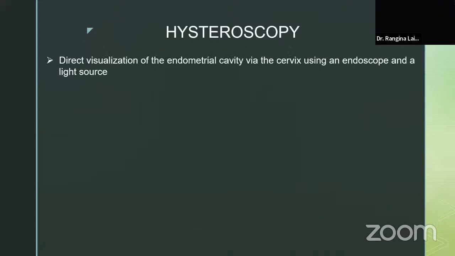We all know that when I first started hysteroscopy, I thought it was only about visualization of the uterine cavity, just to see the endometrial cavity and the shape of the uterus. But later, as I advanced in this field, I realized it's something more than the uterine cavity. We can say it is a combination of vaginoscopy, cervicoscopy, and uterine cavity. So whenever we insert a scope, my aim is always first to see the vaginal cavity.